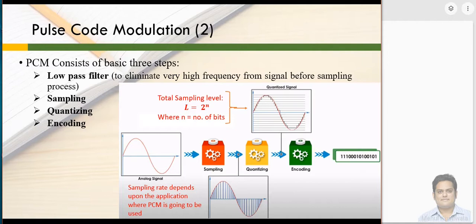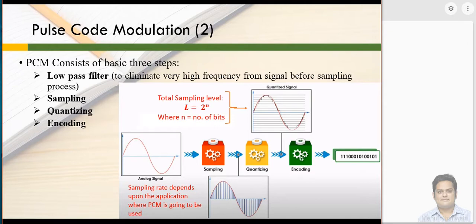If I say the sampling rate is 1 hertz, what do I mean by that? I am taking only one sample per second. That is what we mean by sampling rate.